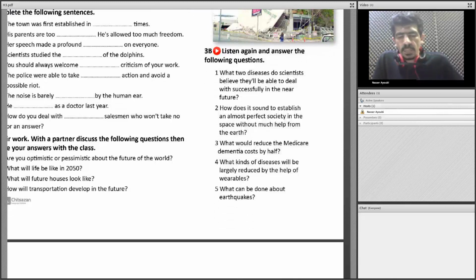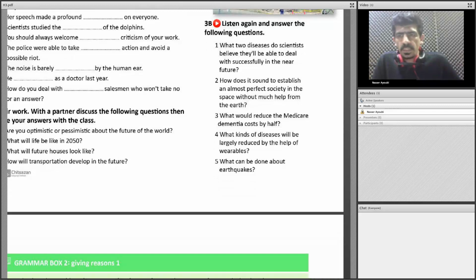Well, this is far in the future if it is possible at all, according to the Professor. I'm going to tell you the meaning of Medicare and other terms that the Professor used in his responses to the questions, right after we talk about the questions. So, number 3, what would reduce the Medicare dementia costs by half? A 5-year delay in the terrible and expensive dementia stage of disease would reduce the costs,